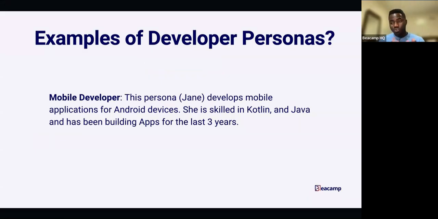What does this tell us about the user? It tells us that, first of all, Jane is not entry level. By the assumption, given the 3 years, assuming the 3 years of experience have been used to do something tangible, she should be mid-level. Now her niche is Android. Her skill set is Kotlin and Java for building mobile applications.